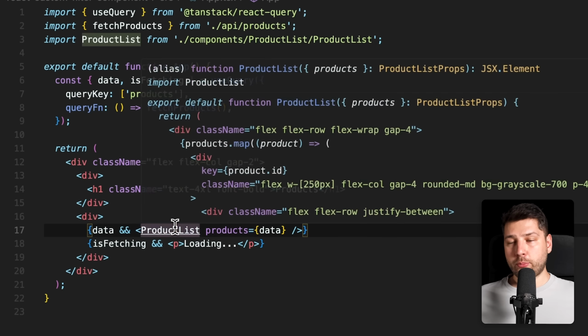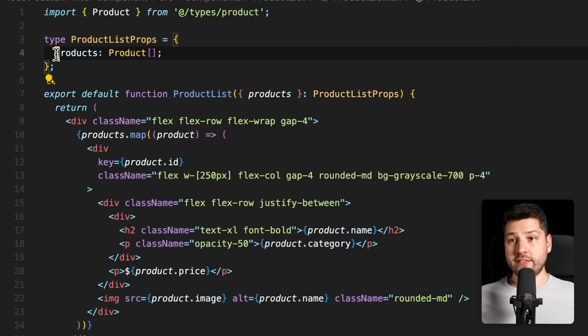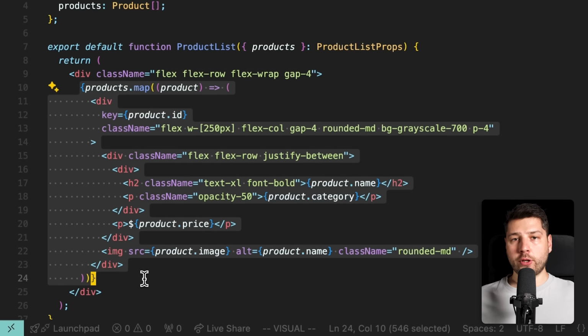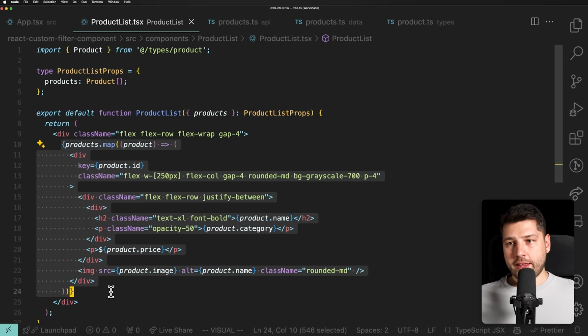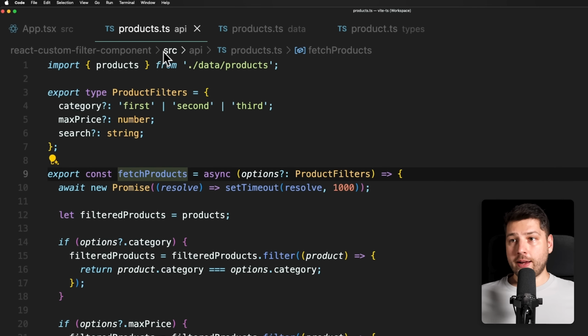If we open up here the product list component, this component is super simple. All it does is it just receives an array of products over here as its props. And then based off of those products, it'll just map over each one of them and render some UI for the actual products. Then if we take a look here at the fetch products function, this one comes from API/products,